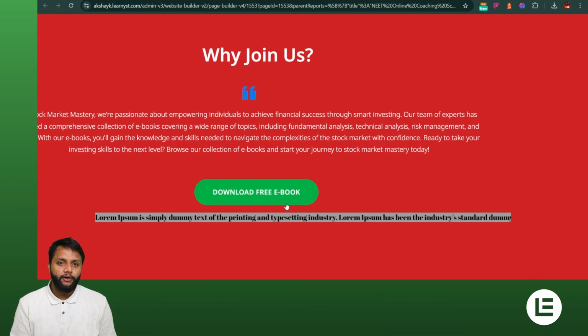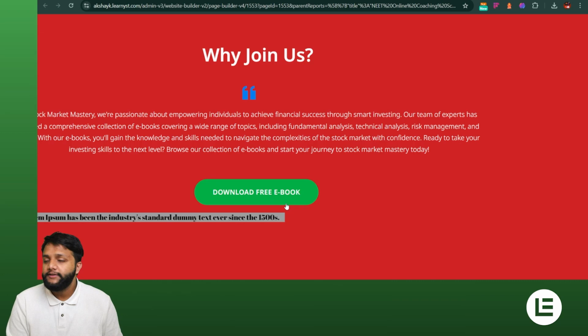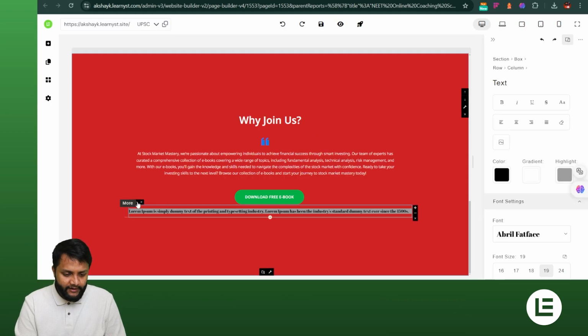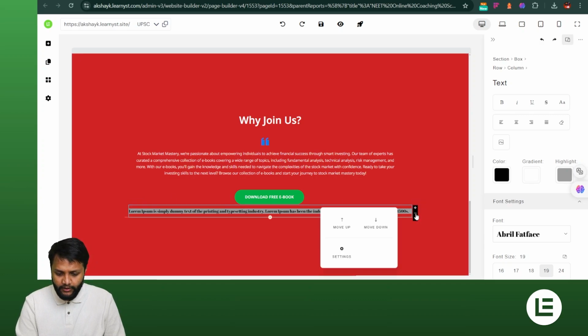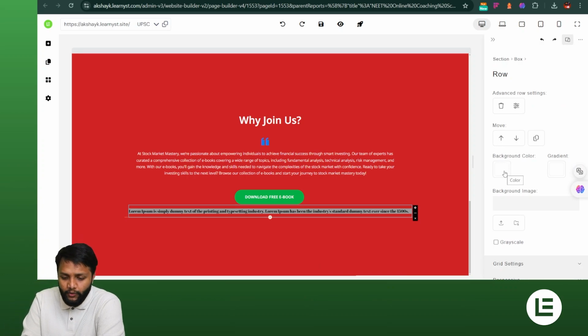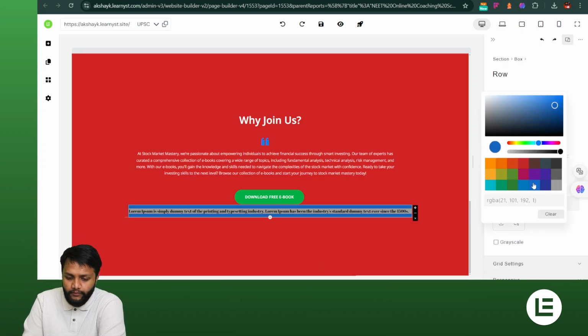This is a very new widget which is available right now. So I'd ask that you use it right now. Moving on to the next, again we have an advanced settings option which is available. If I click on the more option, we'll go to the settings. You can change the background color, if I select blue,